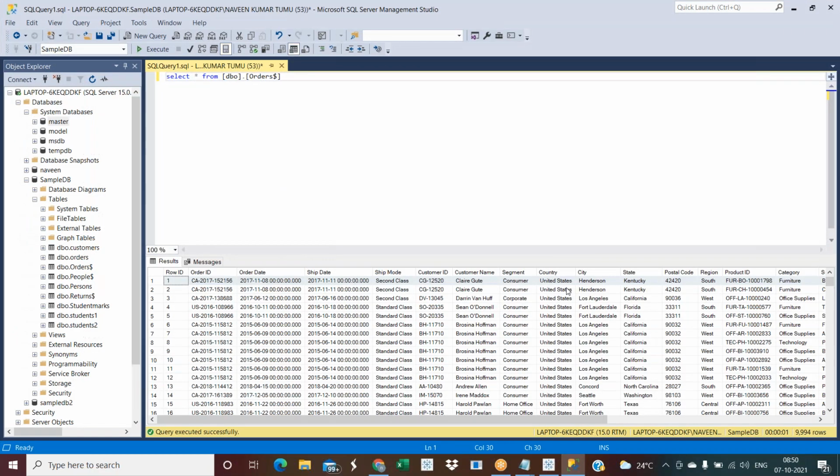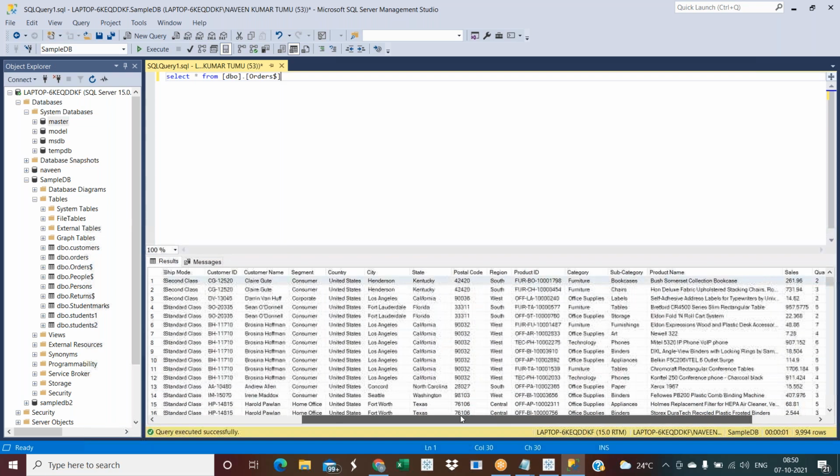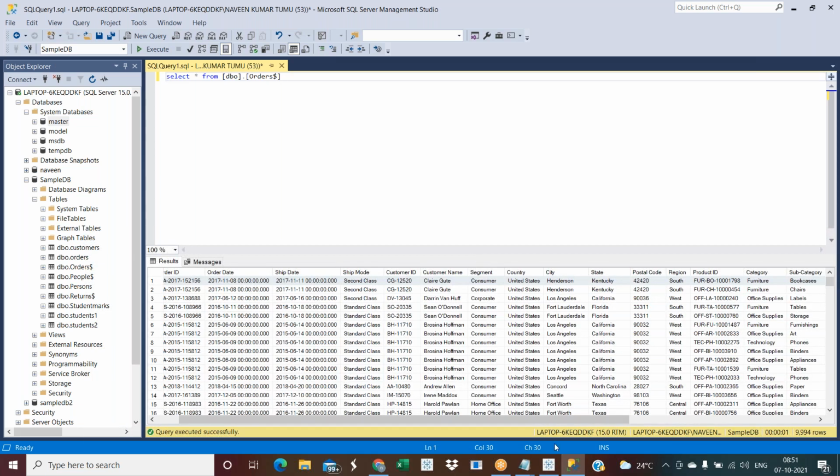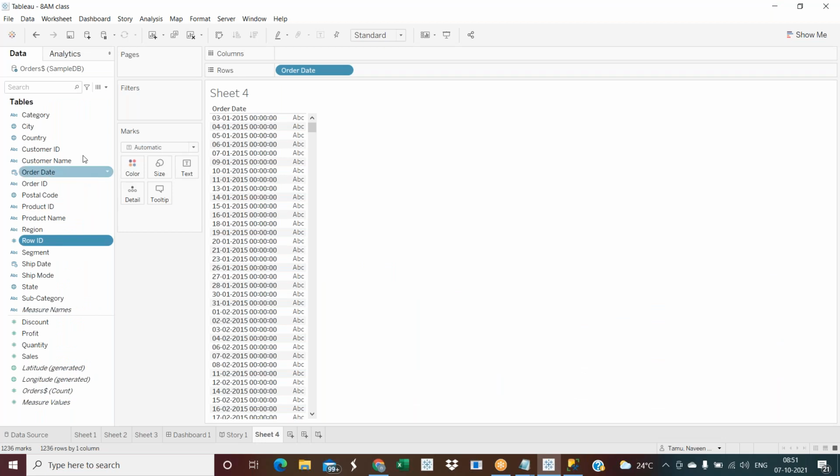This is a SQL Server database table we have connected. If you can see, everything is inline: row ID, auto ID, all the columns are inline. Nothing is divided. But coming to Tableau, if you can see here, the table name is there. From category up to measure names, one line is there. After the line we can see some more columns, before the line we can see some columns. So why is Tableau dividing like this?